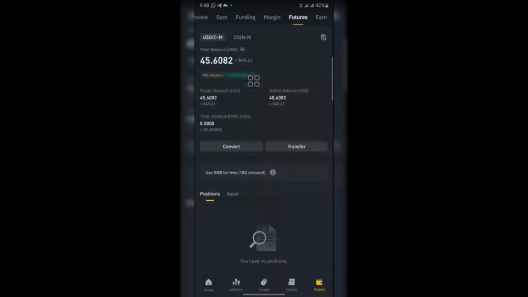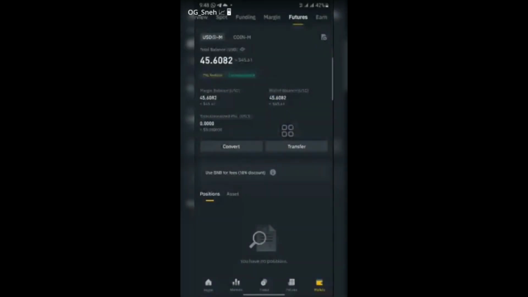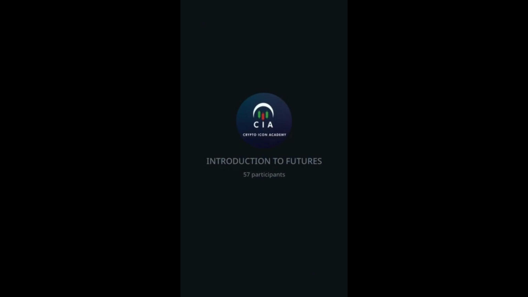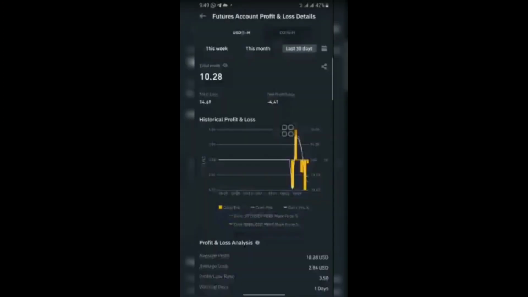It means I've lost twice, or maybe I didn't take trades in those 2 days, but I actually took trades on those 2 days and I lost. But I won one. Can you see this month only? I made a total profit of $10. So I'm on $10 profit this month only. So that's that about that.